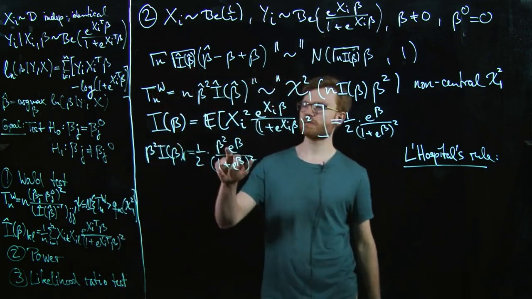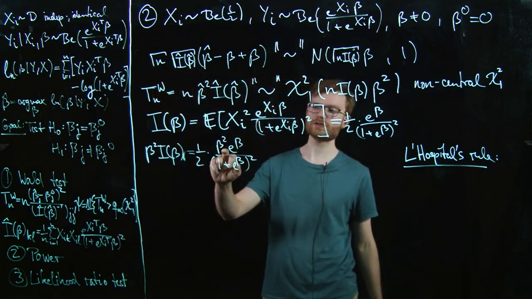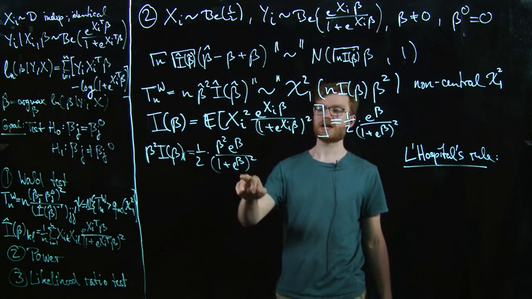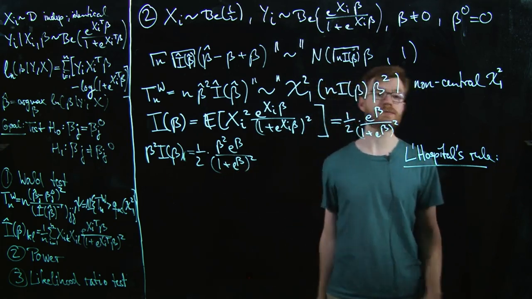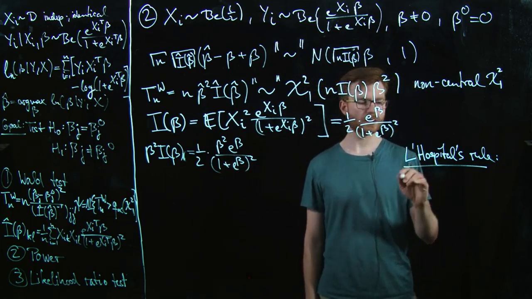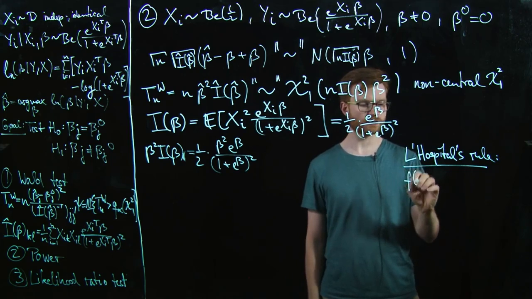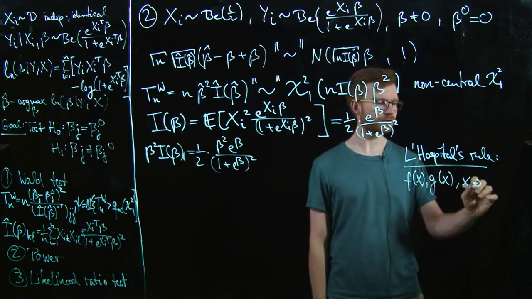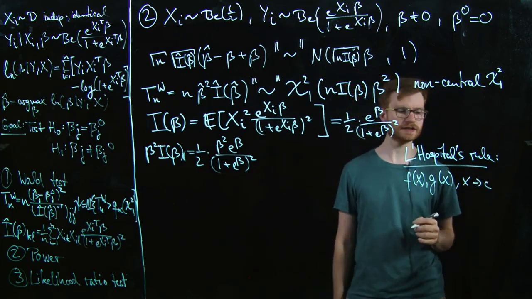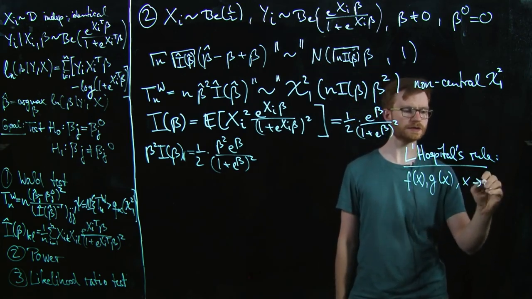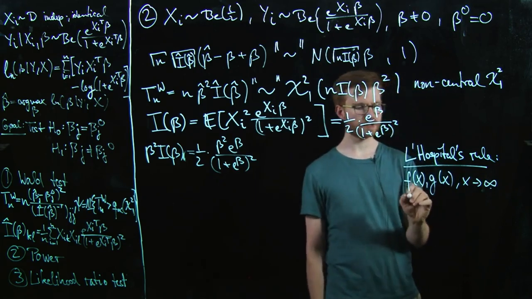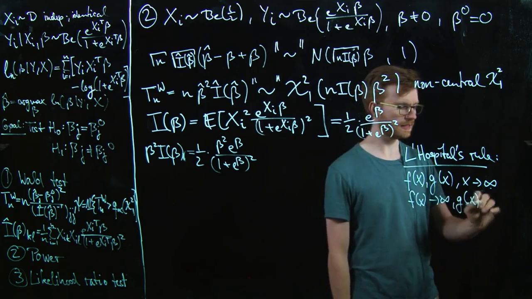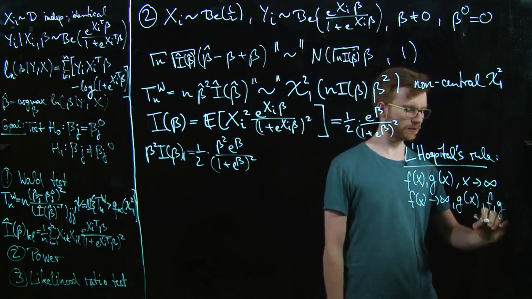So now we know what we wanted. Beta squared goes off to infinity. Beta squared times e to the beta also goes to infinity, but the denominator does as well. It's 1 plus e to the beta. So L'Hopital's rule works like this. When you have two functions, f of x, g of x, and you're interested in some limit, x going to some limit c, c might be infinity. So for our purposes, infinity is fine. And if f of x goes to infinity, g of x goes to infinity, and f and g are both differentiable,